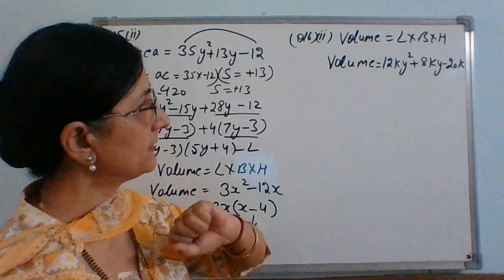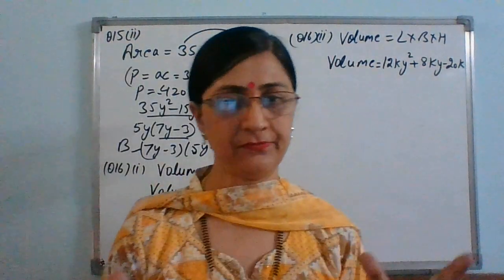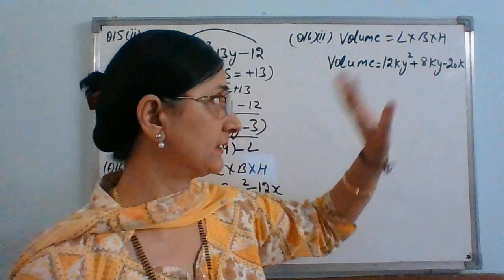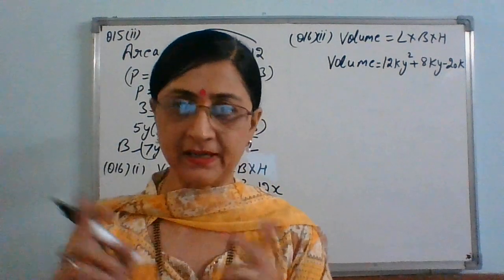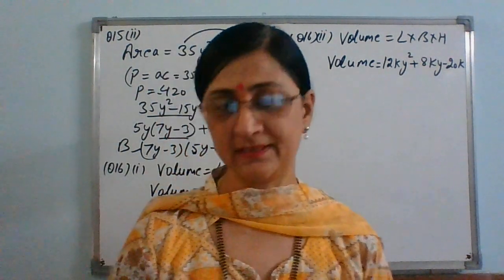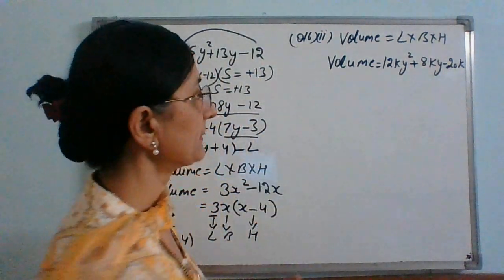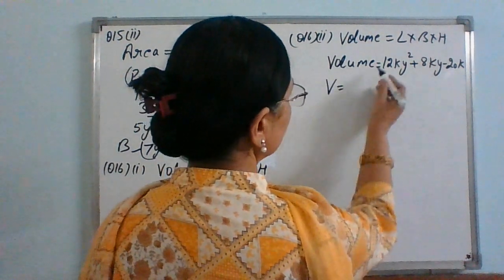Here also the volume is given, right? There will also be three factors. Now you might be thinking that it is a quadratic equation, we just get two factors. How will we get the third one? There is an option: take out common. Maybe something is common there, right? So volume is equal to here